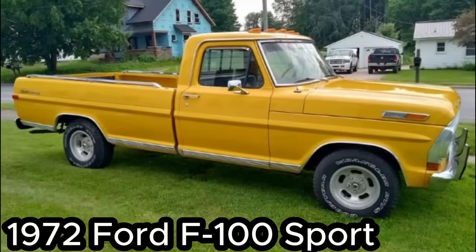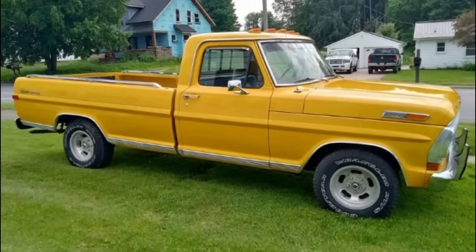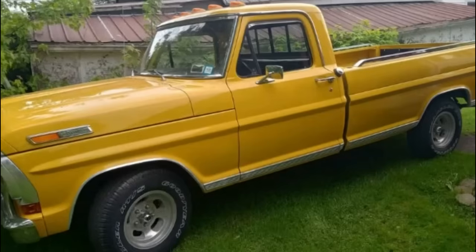Number 4. The 1972 Ford F-100 Sport Custom, $14,800, Machias, New York. Up next is a true classic out of the golden age of American pickups. This 1972 Ford F-100 Sport Custom, rear-wheel drive, powered by a reliable 302 cubic inch V8 engine. With approximately 97,000 miles, this truck still runs and drives strong, and is paired with a 4-speed manual transmission and